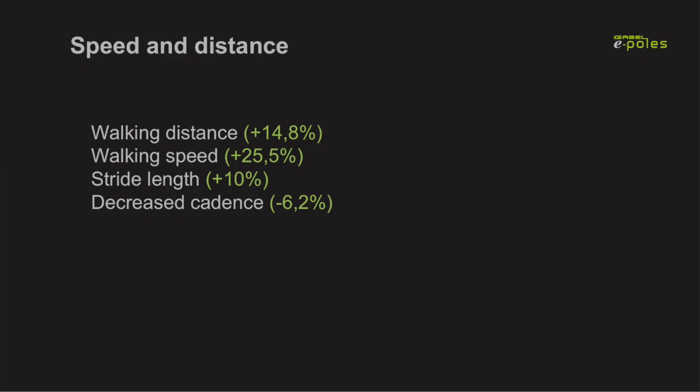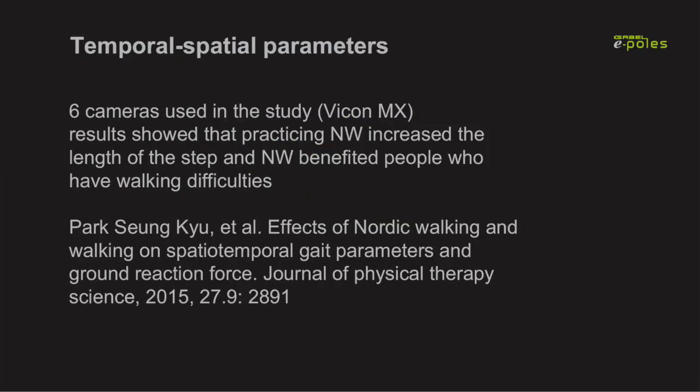Regarding speed and distance, we can see many studies show the same results. For example, Nordic walking increased walking distance by 14.8%, walking speed by 25.5%, and stride length by 10%, but decreased cadence by 6.2%. Regarding the temporospatial parameters, camera-recorded results showed that practicing Nordic walking increased the length of the step compared to ordinary walking, and it benefited people who have walking difficulties, as, for example, the elderly and people who suffered from Parkinson's